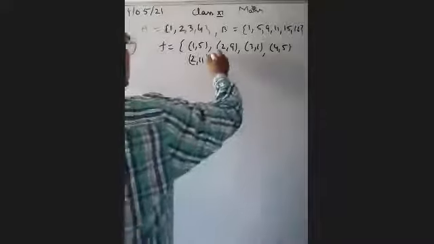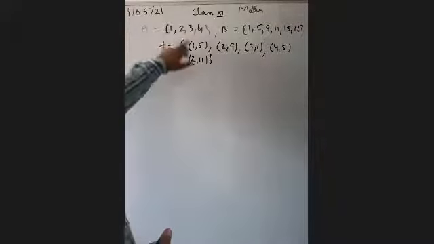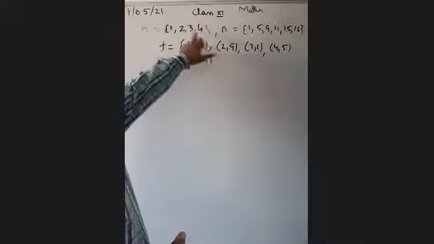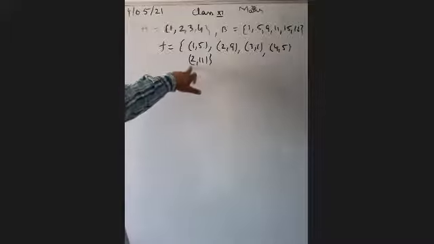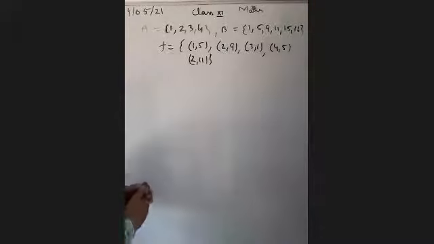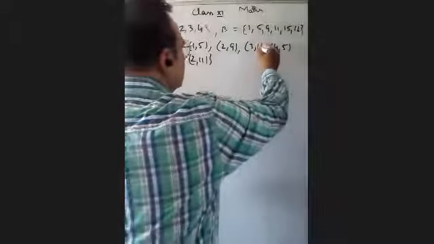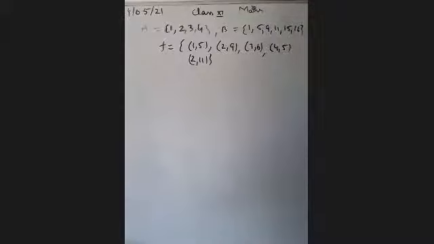Okay. So see, what is the definition of a relation? A relation is a subset of the Cartesian product A cross B. A cross B means the first element we take from set A and the second element from set B. So (1, 5), (2, 9), (3, 6), (4, 5), and (2, 11) we can also take. One element can be paired with two different elements in a relation. Okay. But in this case, it is a relation but not a function.